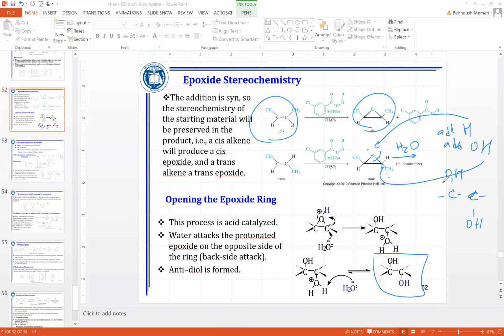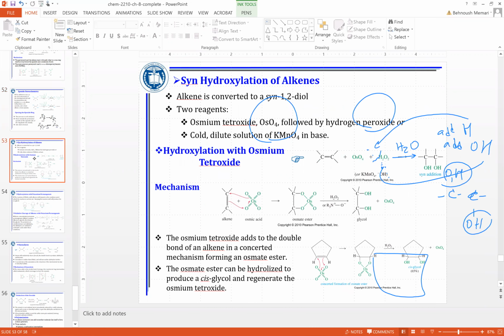And you notice that the OHs are going to be on the opposite side. This is like anti-addition of the diol, or the diol is going to be on the opposite side, or it is anti. There is another reagent that can give you a cis diol, and that is